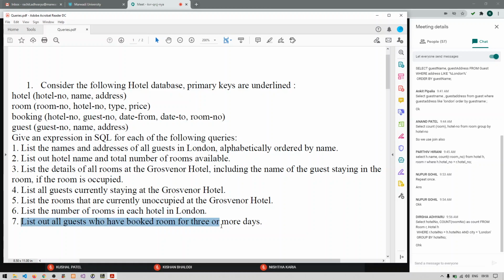Give me the answer of the seventh one. List out all guests who have booked a room for 3 or more days. So you have to use some date functions here.